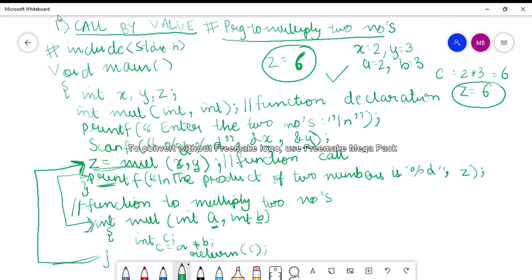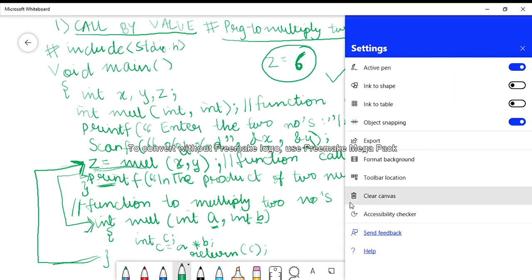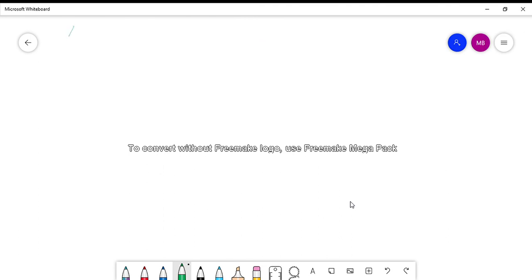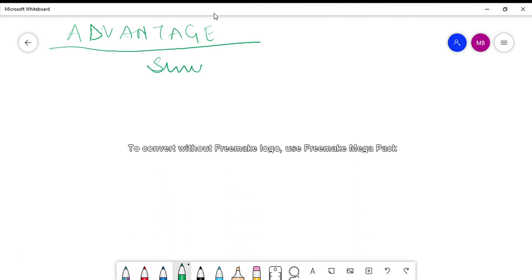Now first of all, I told you we will discuss the advantage of this. What is the advantage of call by value? The mechanism here is quite simple for a layman to understand.